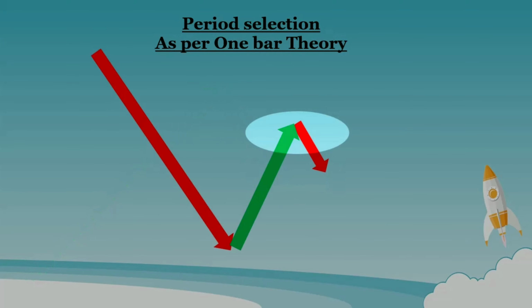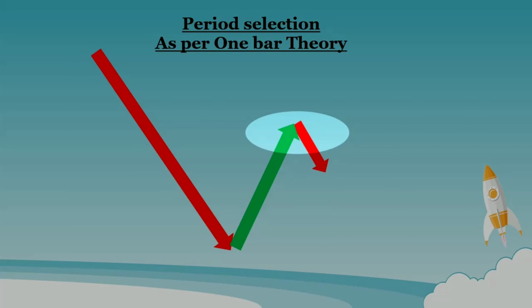Similarly, if a stock comes down, then retraces and then shows the sign of reversal, at this point you have to adjust the periods of RSI, and the period that gives the correct signal at this point would be your period for the ongoing downtrend. Once the downtrend ends, you should again adjust the period as per the one bar theory. Most of the people use 14 or 8 as their RSI period. This was all for period selection.